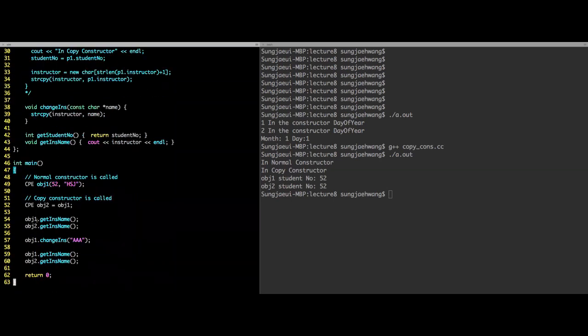So because of that, this member function just prints the second member variable, instructor. So here it will print HSJ for both,